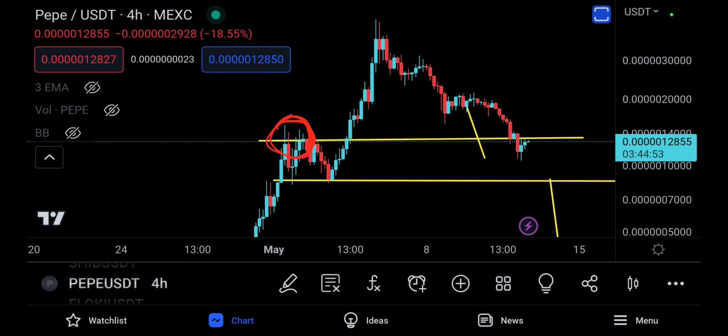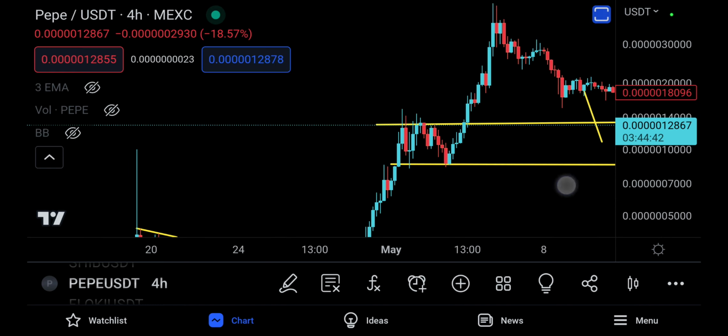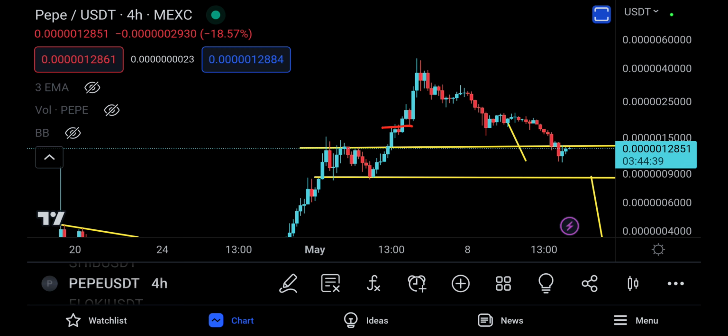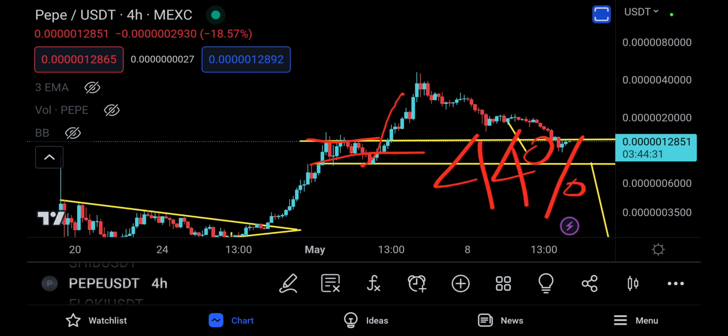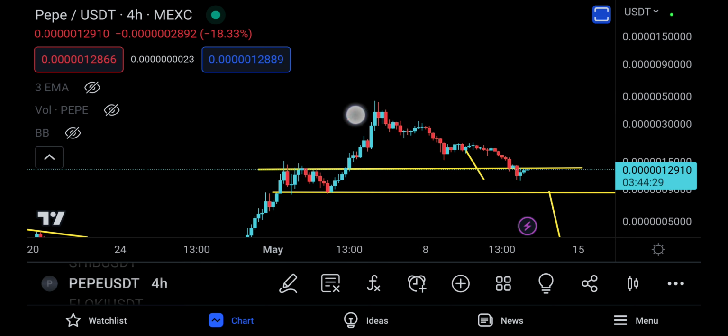Does anyone remember the dirty retest video? I've made like 4 different videos in the past. Every single video played out to perfection. Ever since we started, all the way from this bullish cross here, I gave you a 44% move up. But when that happened, I told you to be careful about the distribution levels here. We were up here when we were talking about Pepe, nearly 34,000, and now we're sitting at 12,000. I've been able to save a lot of people's money and losses from the downside.